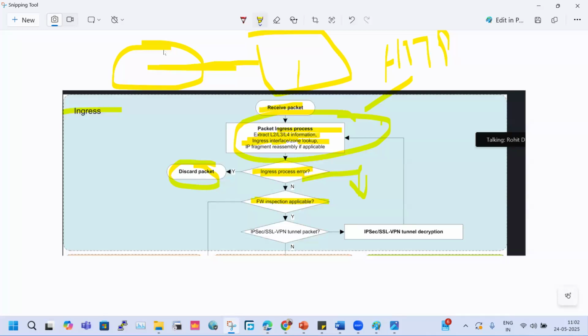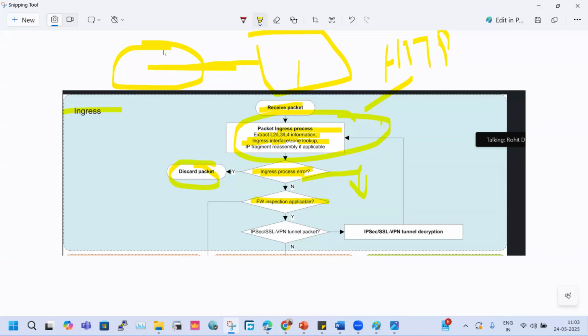Suppose you are originating your traffic from LAN to DMZ, and you are trying to access it by IP only. In that case, the traffic will be plain text, and decryption will not be required, right? But if you are sitting in your local area network and trying to connect to the outside world, like one user trying to access facebook.com, naukri.com, anything hosted on the internet, that connection will be an HTTPS connection, and it will be encrypted by SSL.